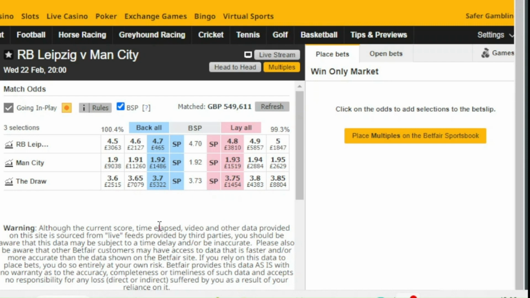What you have to imagine is that these columns actually go on and on and on for a while, not infinitely, but sort of into the screen, and the columns here on the pink side or the lay side also go into the screen to the right, and I'll show you what I mean. If we click on the Leipzig graph, and you remember the 4.7, 4.6, 4.5, and the 4.8, 4.9, and 5 odds,